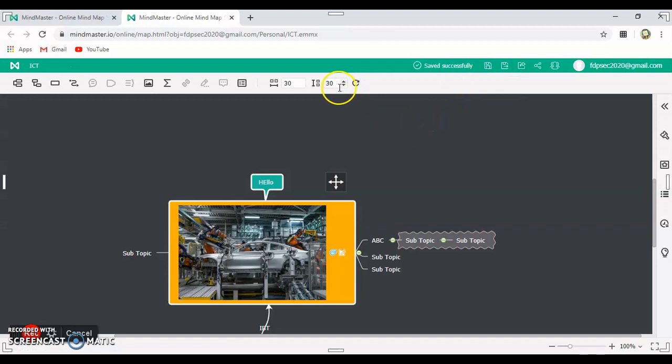It takes a few seconds to save. Now it is saved under the name ICT. I can even edit now also.